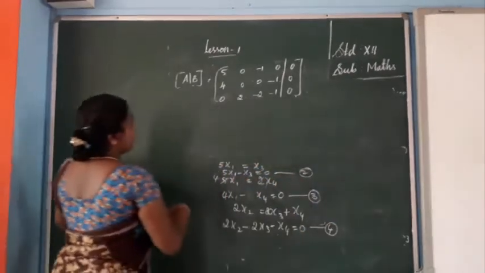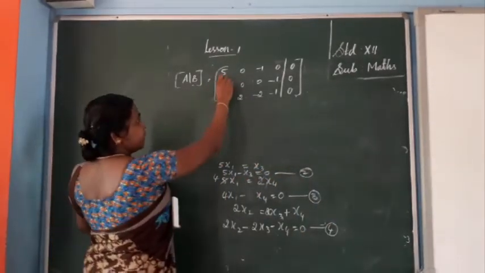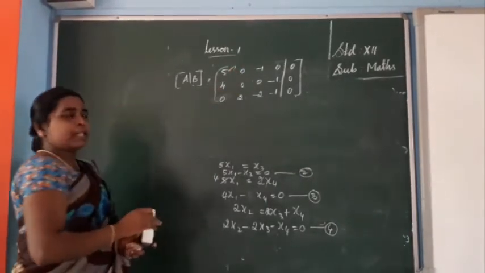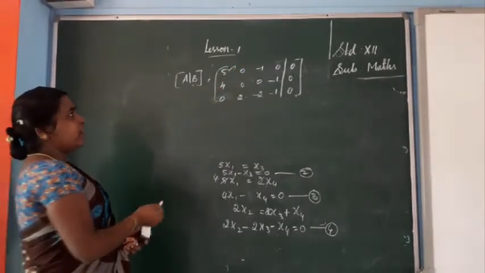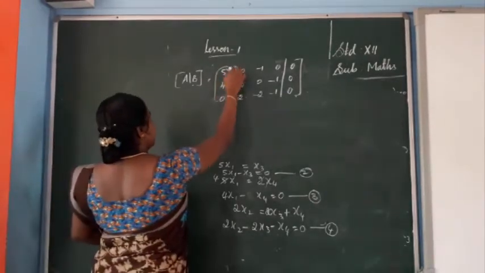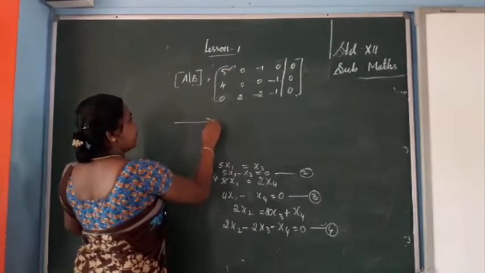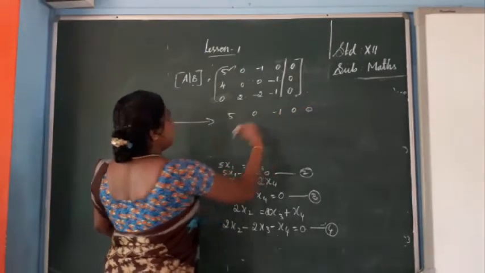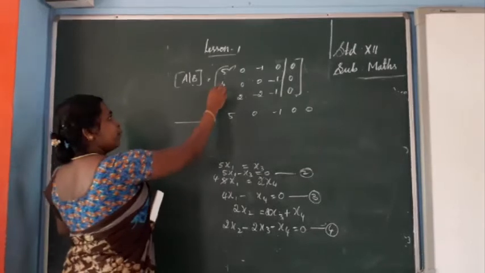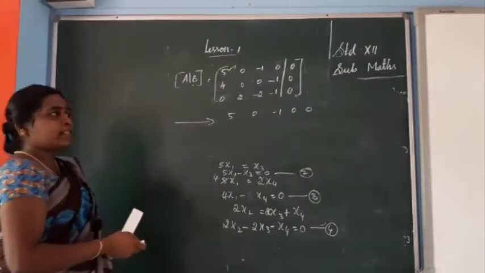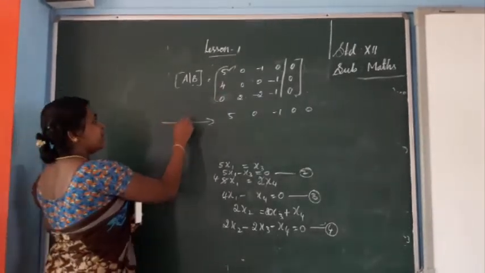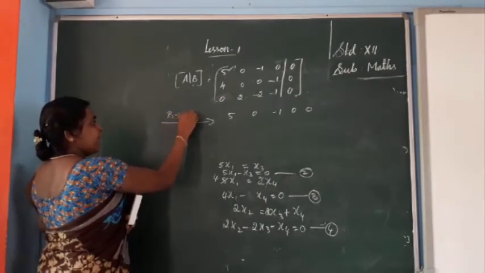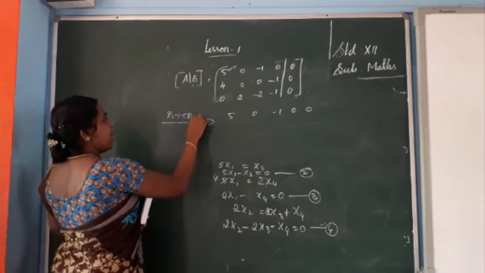Okay, now you see how to convert into row echelon form. First element is natural, Gaussian elimination method, rank method. So this is 5, that is a non-zero element, so let it be, no change there: 5, 0, minus 1, 0, 0. Next row you have to see there, 4 is there, instead of 4 we need 0, so you want to eliminate the 4 using first row. How can you write? R2 gives 5R2 minus 4R1.